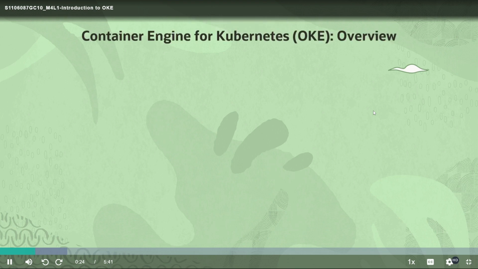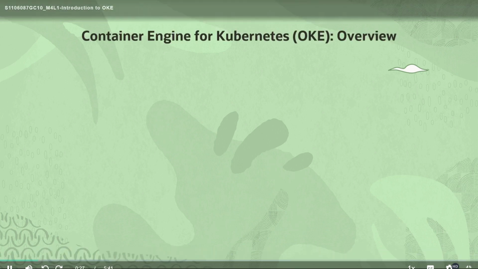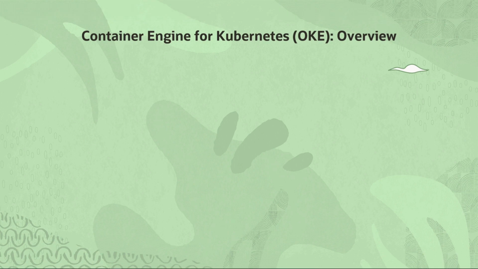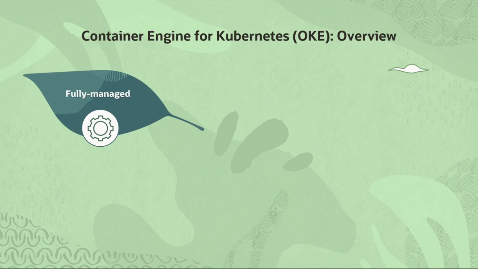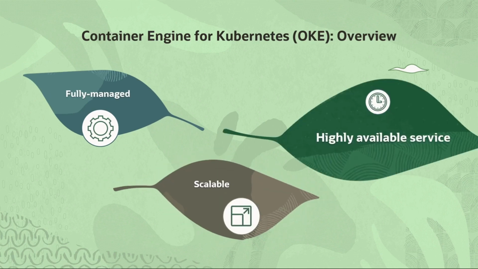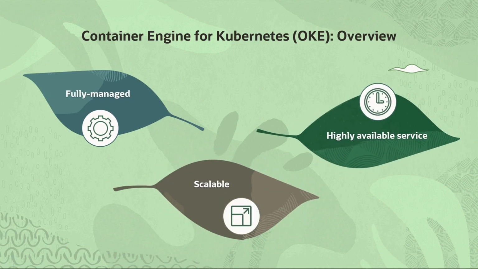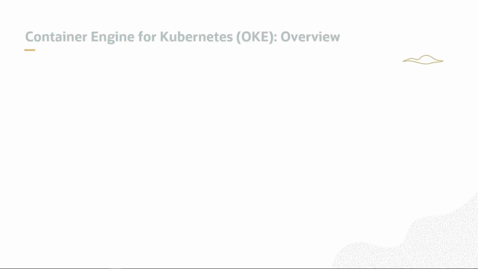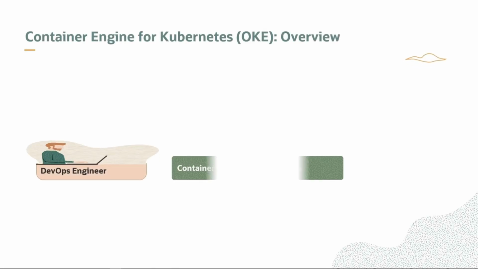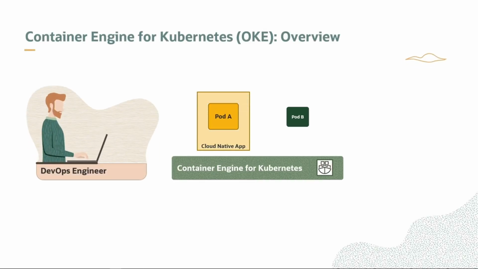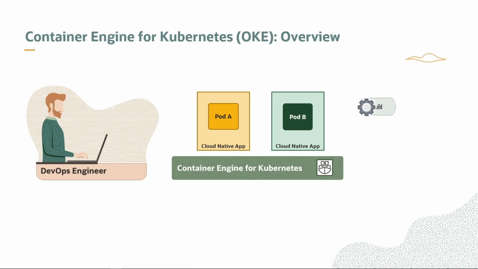So what exactly is OKE? Well, Oracle Cloud Infrastructure Container Engine for Kubernetes is a fully managed, scalable, and highly available service that empowers you to effortlessly deploy your containerized applications to the cloud. But that's just the beginning. Let's dive deeper and explore how OKE can transform the way you and your development team build, deploy, and manage